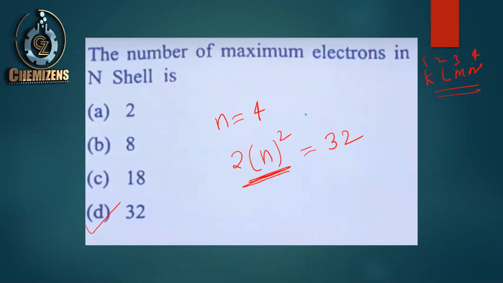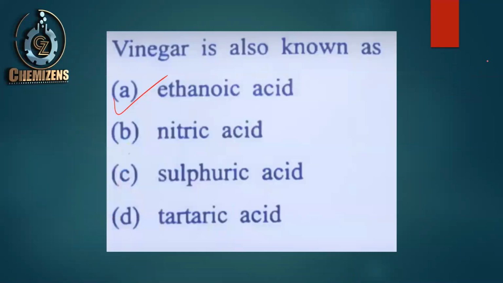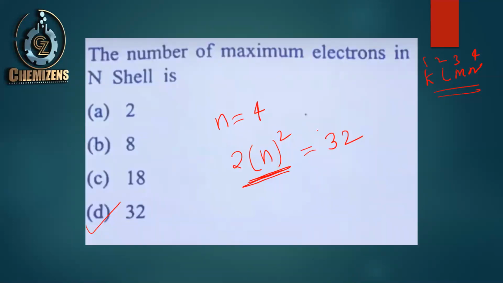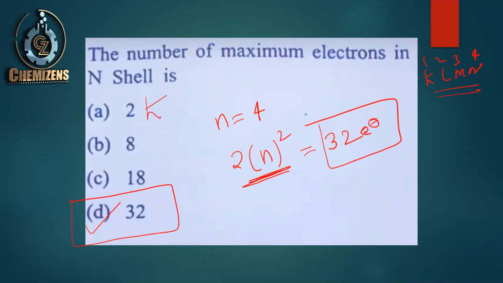So you see the value of n will be 4 here. So you put 4 here and you will get 32 electrons as the correct answer, right? So here 32 will be correct. Basically this is for the K shell, this is for the L shell, this is for the M shell. This time they are asking about the N shell, next time they can ask you about any shell. And please remember, the Bohr-Bury scheme gave the maximum number of electrons in a particular